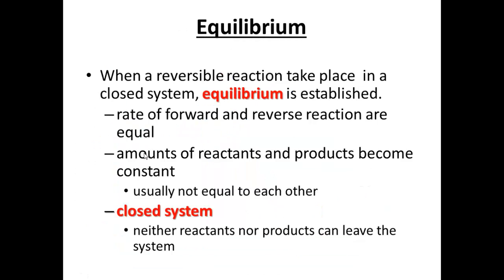Now, remember when we talked about the rates of reaction, or the kinetics, and we did the lab in which we tested different factors that can affect the rate of a reaction. Now, all reactions have some type of rate. They either go fast, they go slow, or somewhere in between, but they always have some type of rate that they go at. Now, when we have a closed system